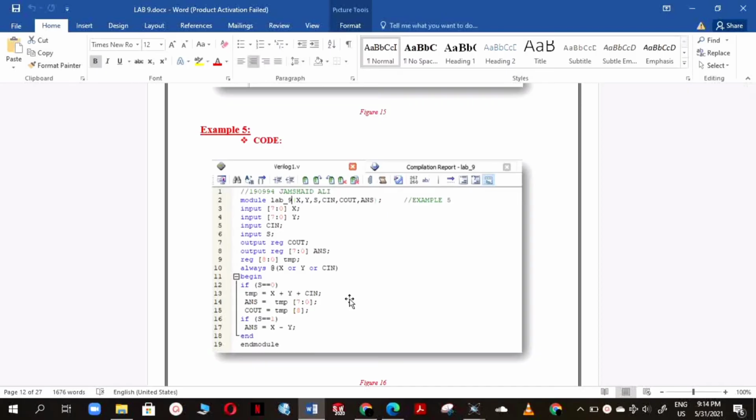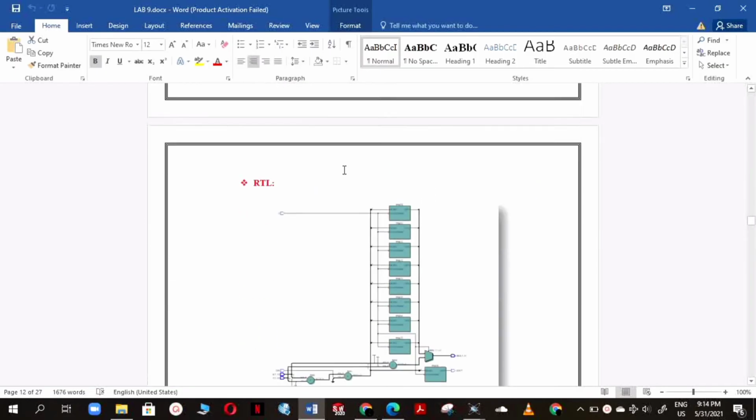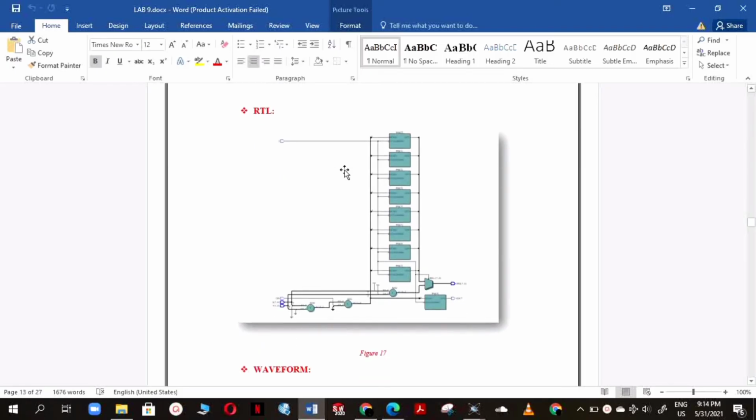So our output in this case is x minus y, and then at last I end the module to end our circuit. So this is the RTL view of our Verilog RTL code, where we use both addition and subtraction in case of carry in and carry out.